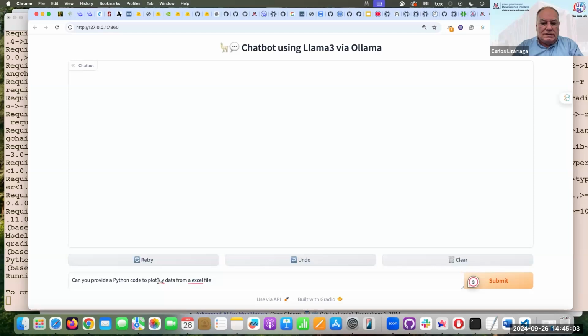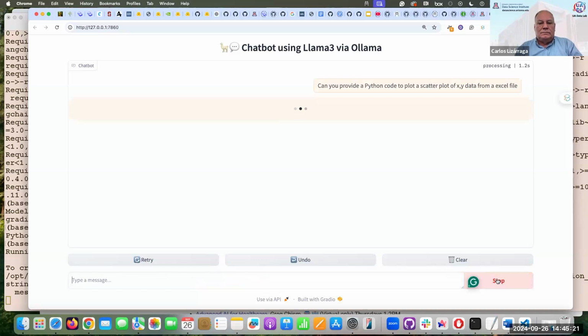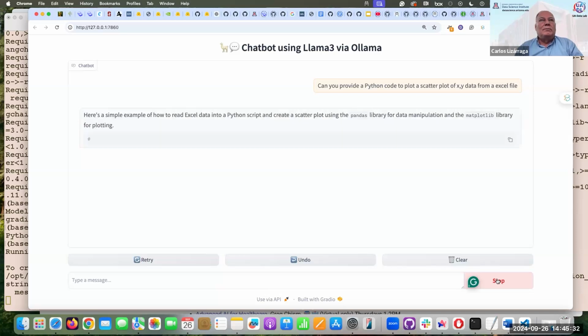Plot a scatter plot of XY data from an Excel file. I'm just improvising here. So I asked this chatbot, which is Llama 3.2, to help me write a Python code to plot some Excel file with data X, Y, and